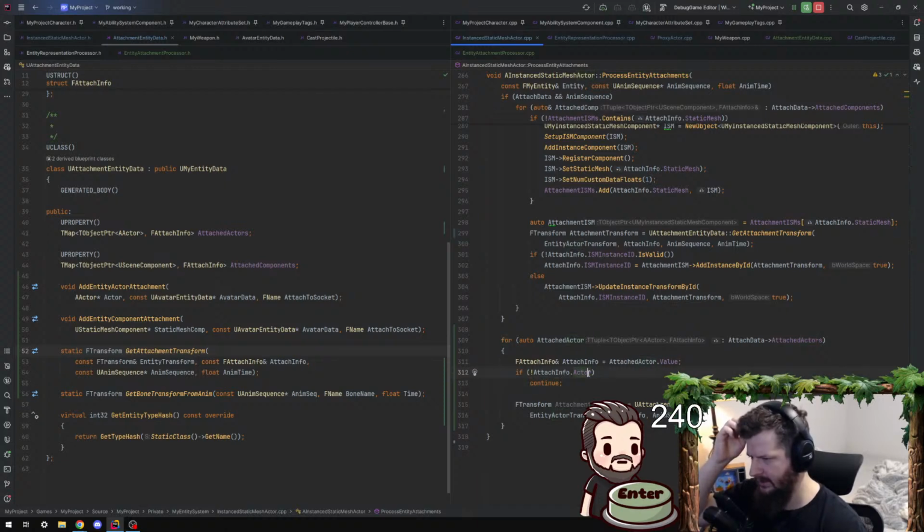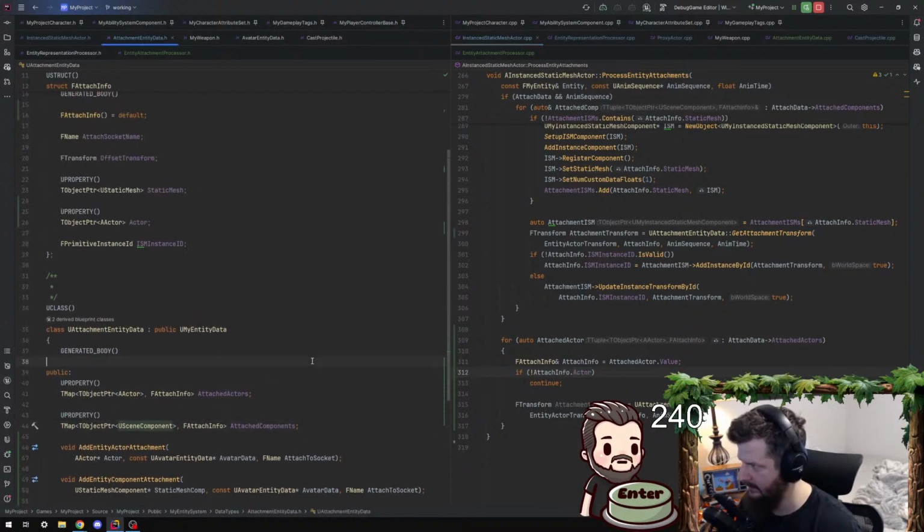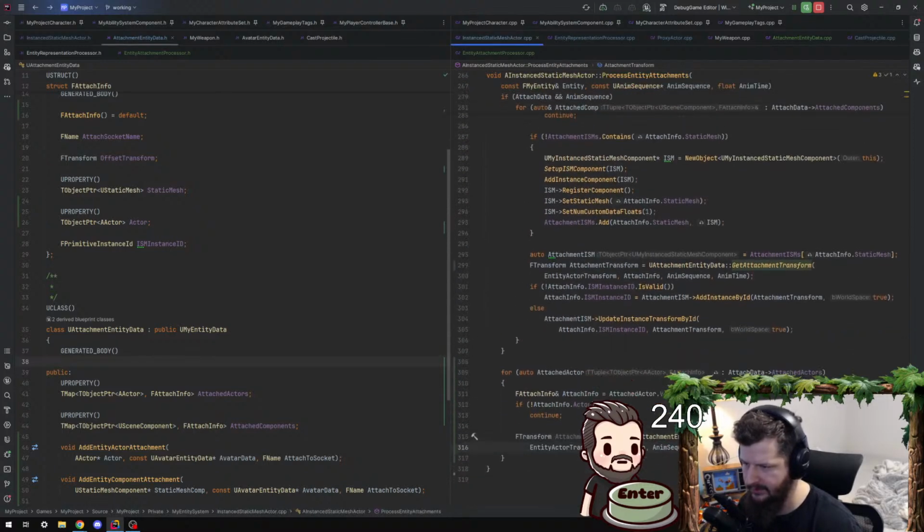Yeah, I guess I don't actually need the member variable here because the map is there. But both work. Attach info, get attachment transform, attach info. Really just the socket and the offset. Okay, so I should just be able to